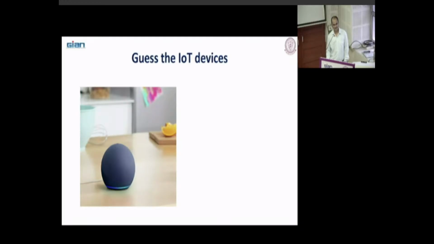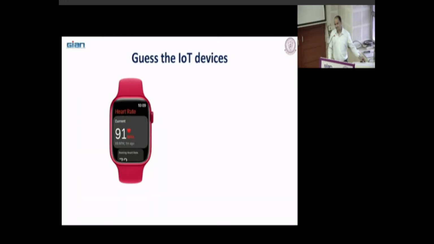Okay. What do you think? Do you use the Alexa? Sorry, no, I'm saying in that Alexa, do you use the cloud? Is there any purpose of cloud in that Alexa? Yes, it uses because it has to personalize according to the user. Okay, we'll see whether it uses the cloud or not.